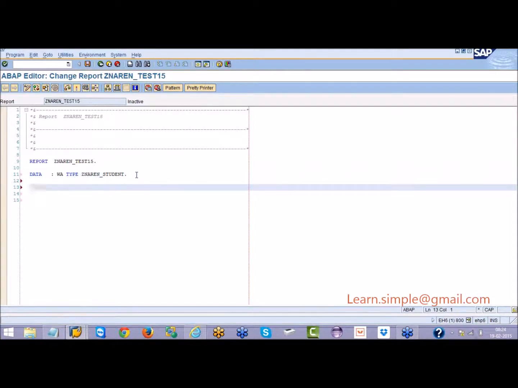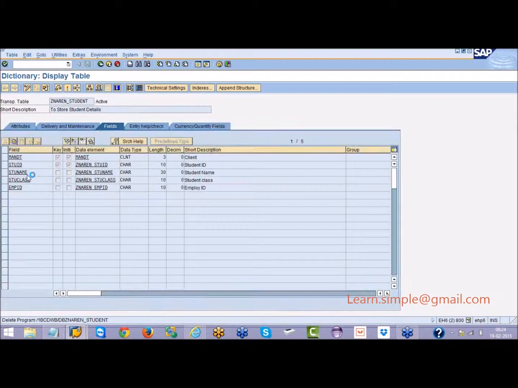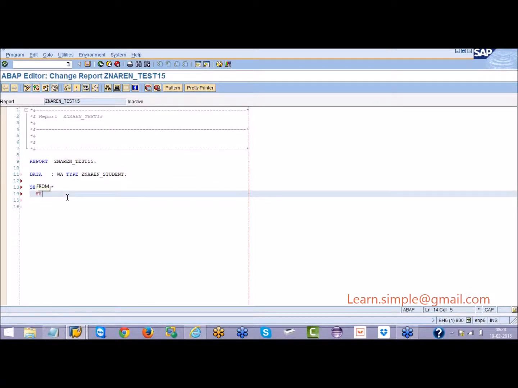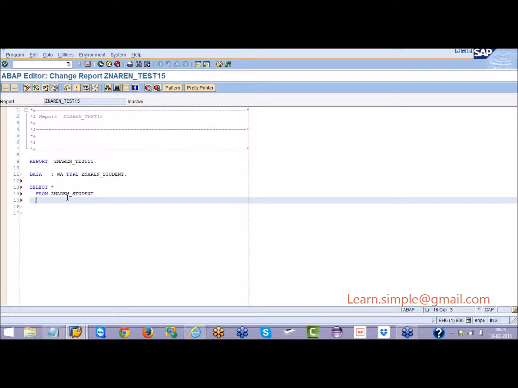For that you have to write a syntax like this. You have to say select star. Star stands for all the fields. How many fields are there in this table? 5 fields. So if I say star, star stands for all the fields from the table name. Database table name is ZNRN_student into, after getting the data, where do you want to put it?